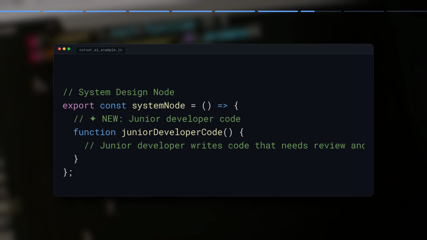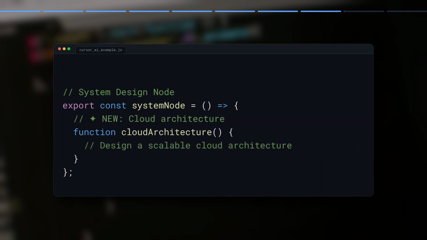However, productivity in production engineering is not solely about keystrokes saved, it is about architectural accuracy. When we look at Cursor's implementation, which leverages a deeper context window via Claude 3.5 Sonnet, the paradigm shifts toward agentic workflows. In a recent analysis of multi-file refactoring tasks, developers utilizing Cursor-native features like Composer were able to execute complex dependency migrations, such as moving from legacy REST patterns to gRPC, in roughly 40% less time than those manually navigating via Copilot. This isn't just about speed, it's about the tool's ability to index the entire codebase via RAG,